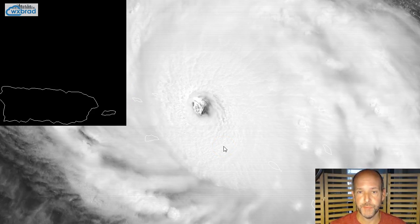We haven't heard a lot from them yet, but I was watching some of the sensors down there before they failed. Had wind gusts to 155 miles an hour and pressure down to 920 millibars. So really scary storm still, but it's got a long ways to go. And because it's a Cat 5 now, I don't think it's going to be a Cat 5 four or five